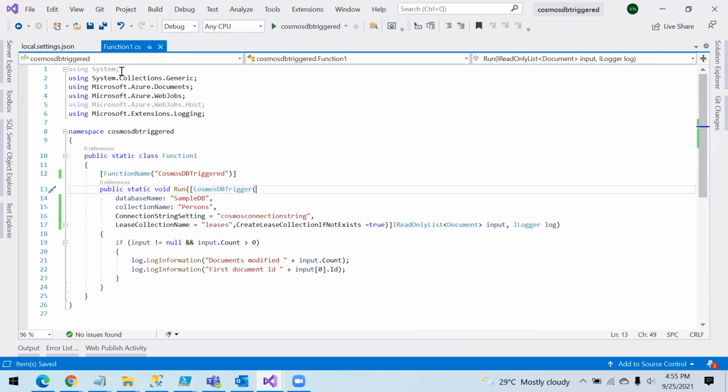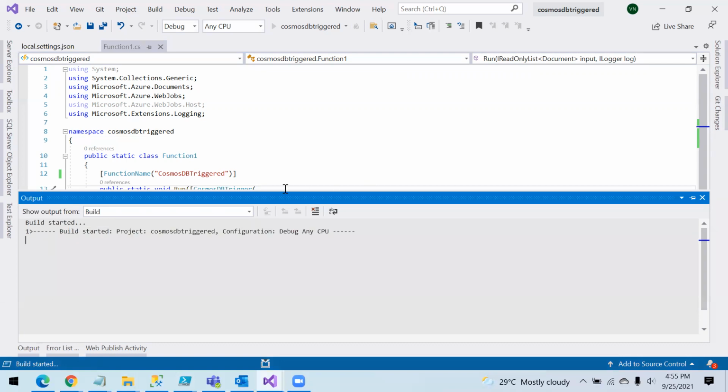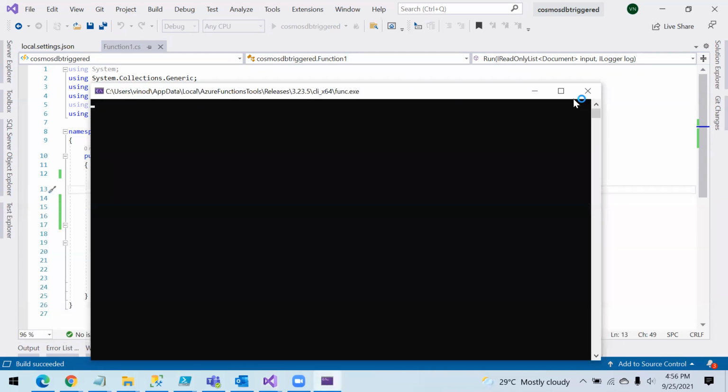To test your function app, you need Azure Function Core tools that I have already installed on my machine. So let's just trigger this now. This will open a CLI window where you will see the list of functions that you have.